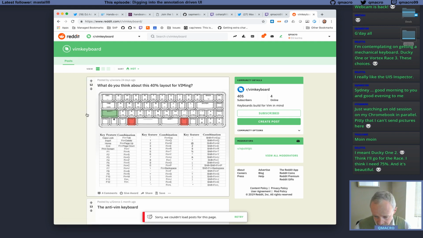Okay, you do mean the Ducky one too. The Race, yeah, the 75%, it's really nice. Yeah, I've got the Race upstairs. Michelle's not keen on it because it's got Cherry MX Blue. But anyway, so